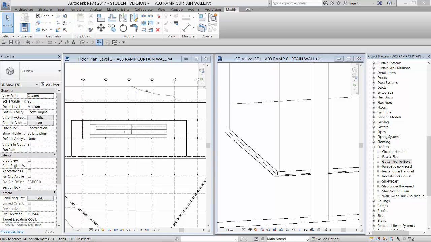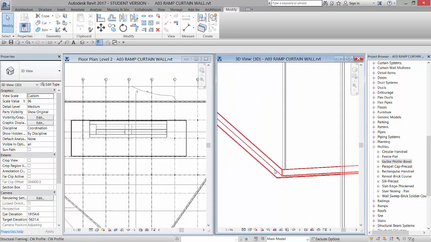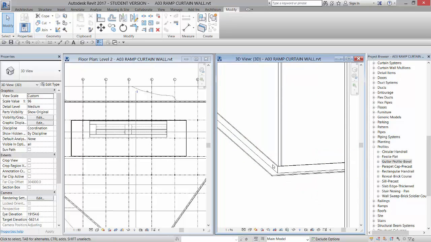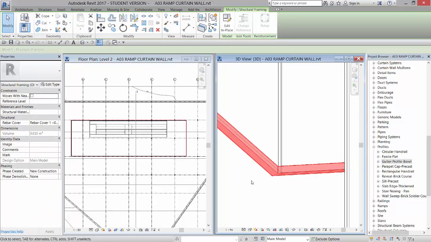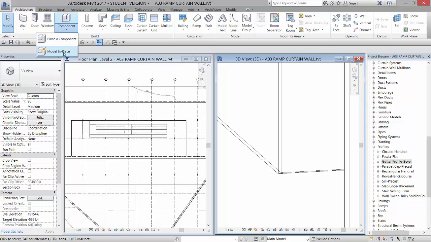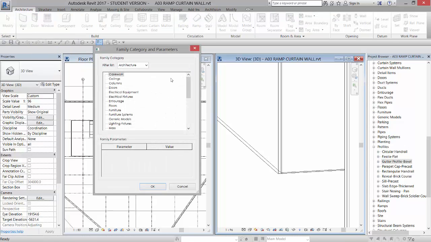Alright, so in the last video we created this sweep around the edge by sketching a profile. And now I want to show you how to create the same thing but loading an existing profile that Revit already has available for you. So I'm going to delete this guy and I'm going to go to Architecture, Component, Model in Place, and I'm